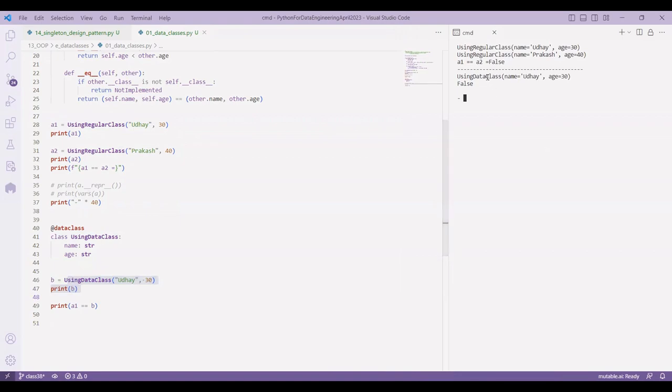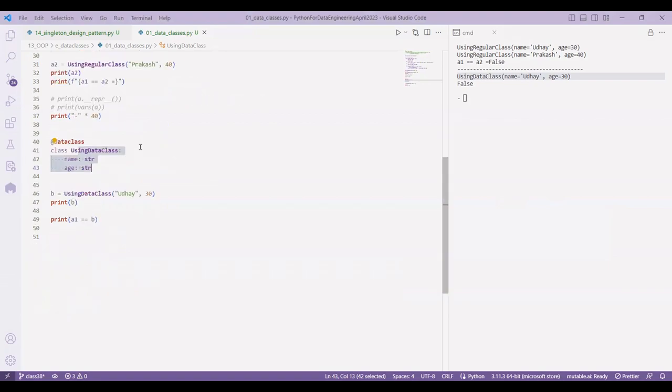In an ordinary class, if you don't define str or repr, it will say something like main object stored at some location. But did you see that you got a beautiful output here? Because repr is implemented in the backend. So I can do equal, less than or equal. I need not define those methods. No total ordering, nothing. Everything will be automatically defined. So what is the advantage of it is that when you have these predefined implementations, you can do